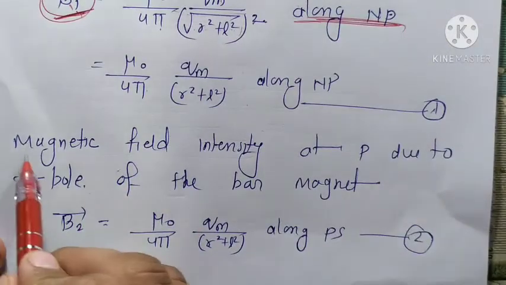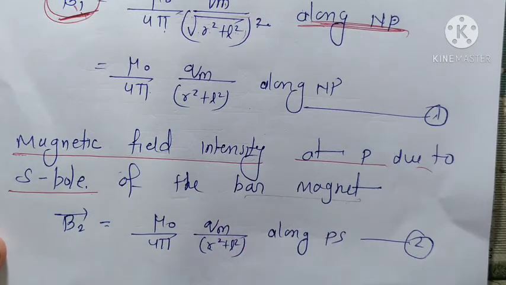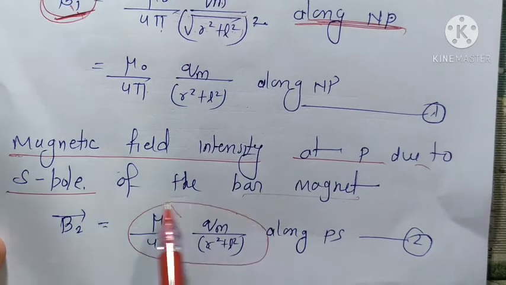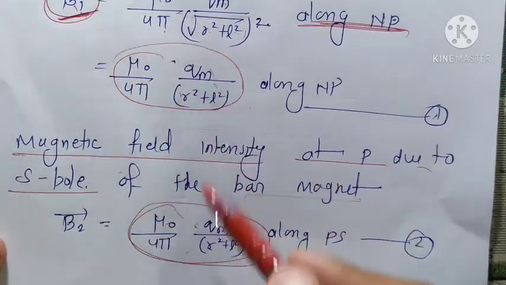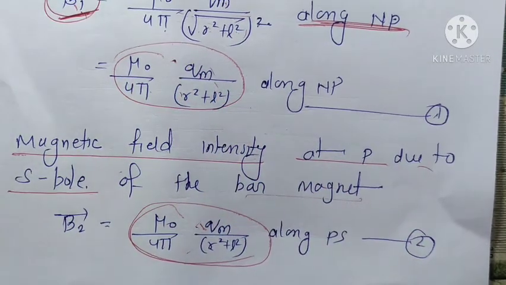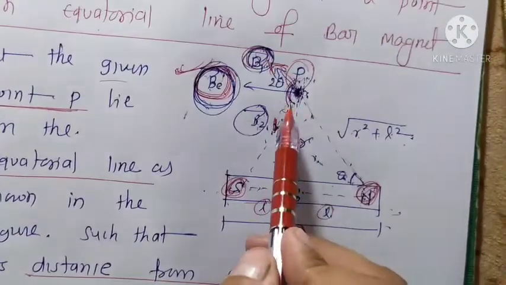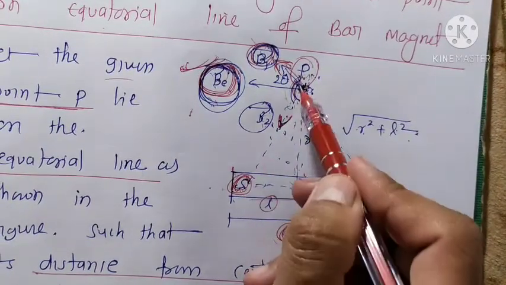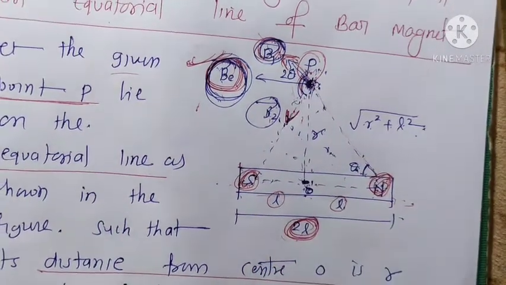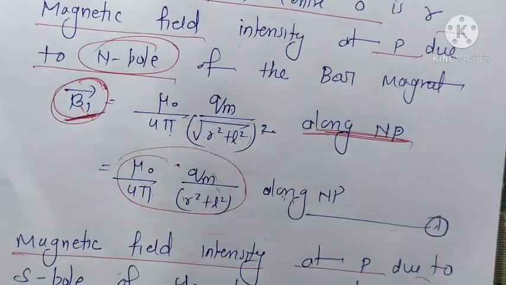Similarly, the magnetic field intensity at P due to the south pole of this bar magnet is the same as the previous one. Both have the same magnitude but the directions will be different. The direction of the field at point P due to the north pole is outward, and due to the south pole it is inward. The directions are different but the magnitude remains the same. So after solving it,